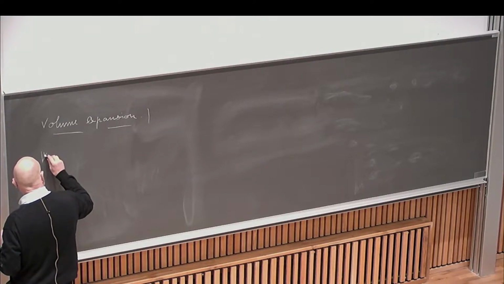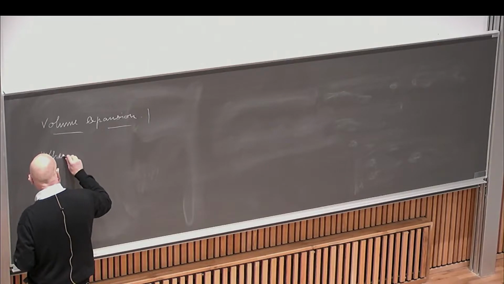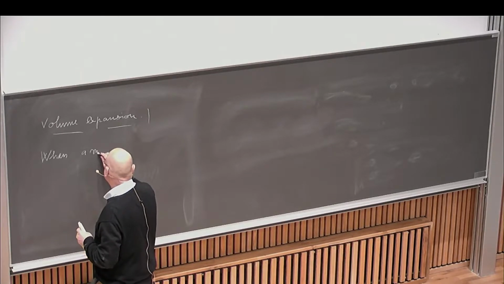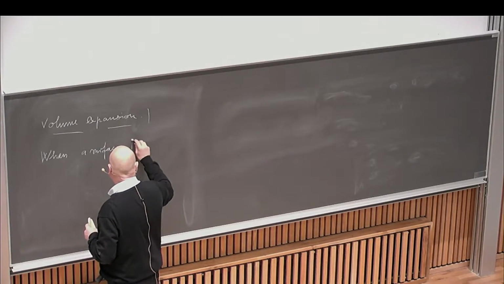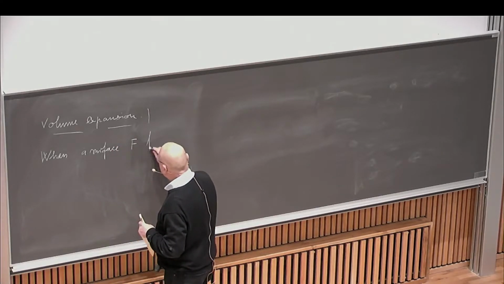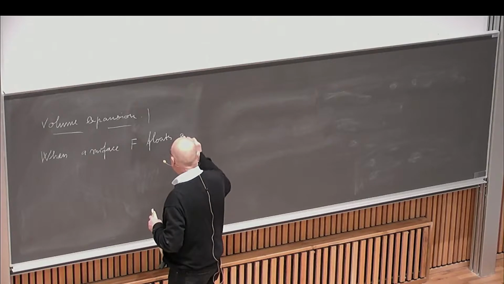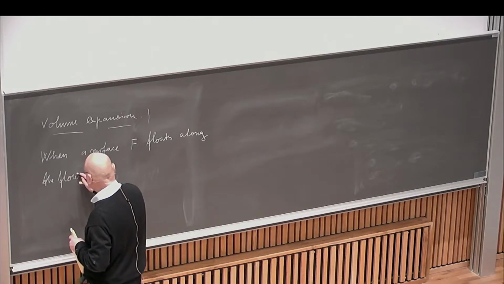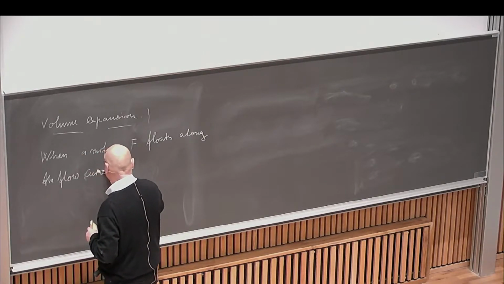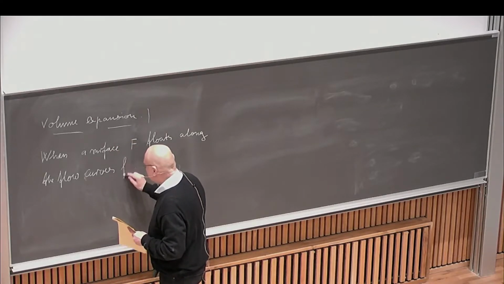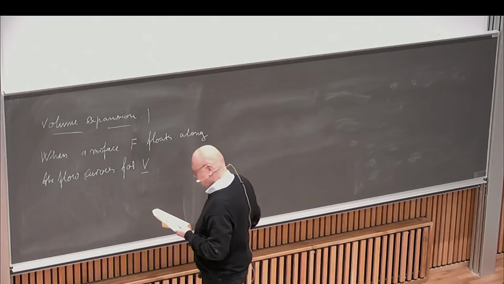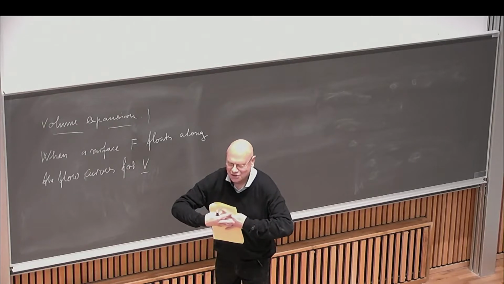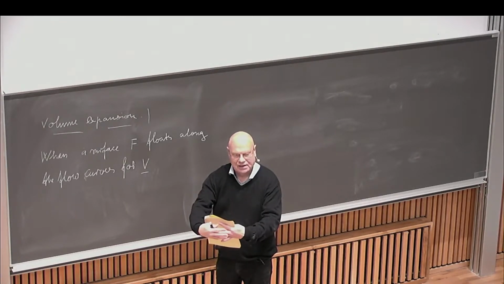And we're looking at, I write down here, when a surface F floats along the flow curves for a vector field V, then when this surface floats along with the vector field, it sweeps out a volume